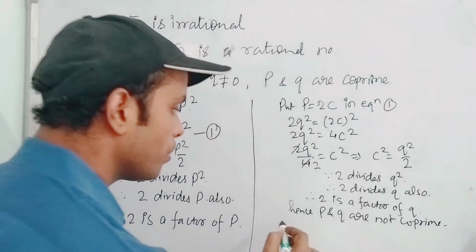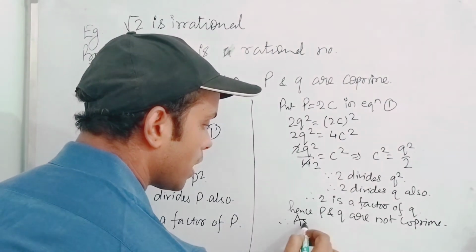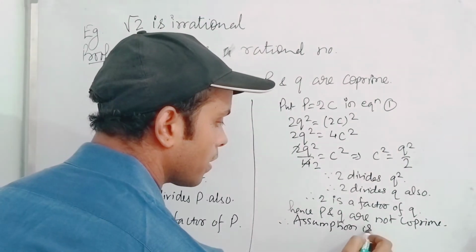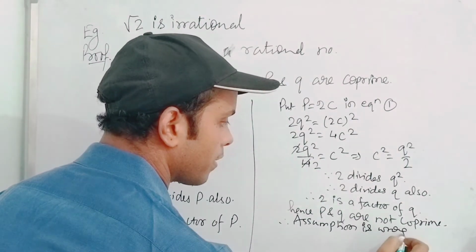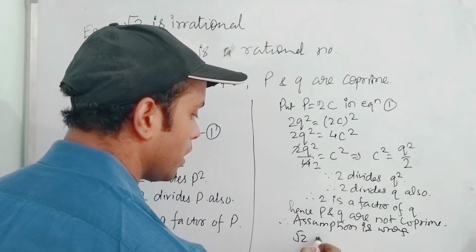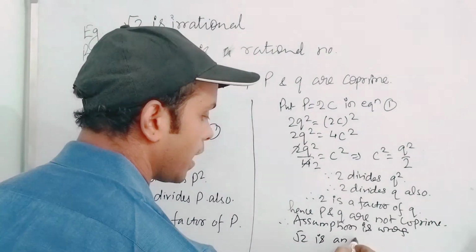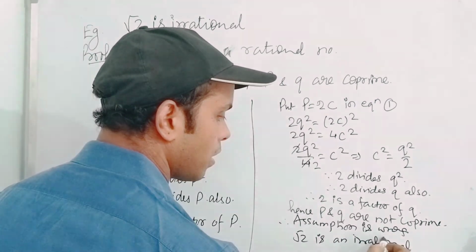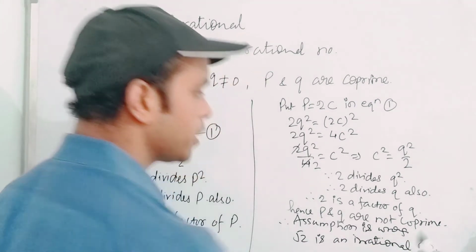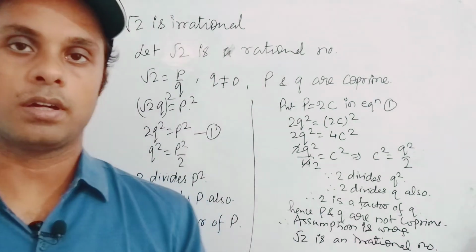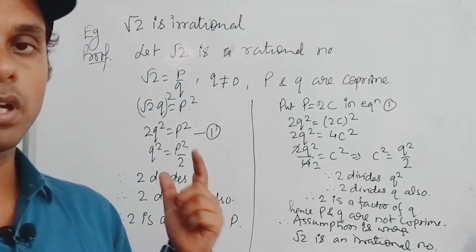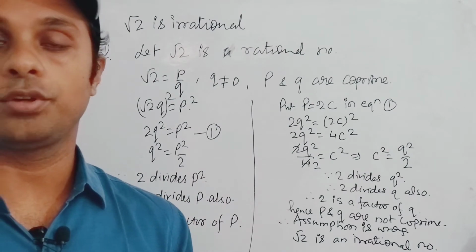Therefore our assumption is wrong and root 2 is an irrational number, hence proved. So in this lecture we discussed how to prove root 2, root 3, root 5